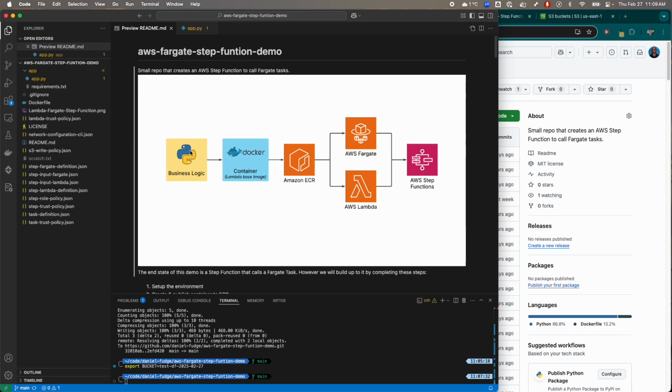So again, the idea here is we get some basic logic. This is going to be really simple stuff that I'm going to do here. It's just a timer, but it could be much more complex logic. Package it up into a Docker container. I'm going to use the Lambda base image because I want to use it for Lambda itself. Push that into ECR, and then once that container is in ECR, we can use the same container either in